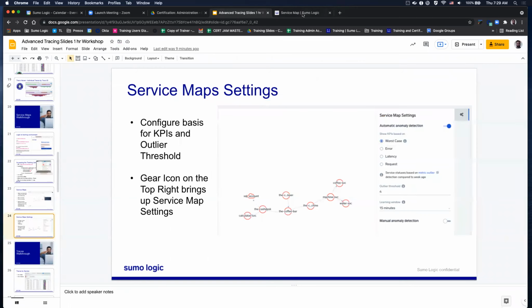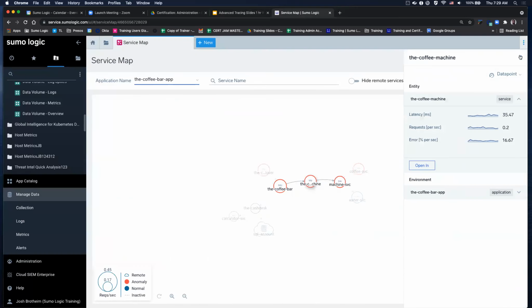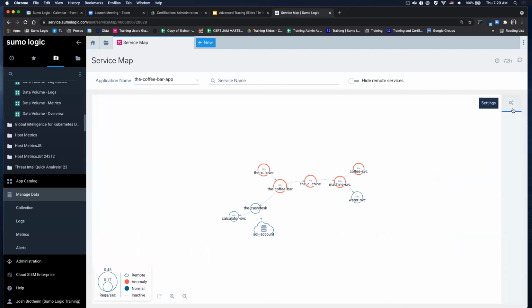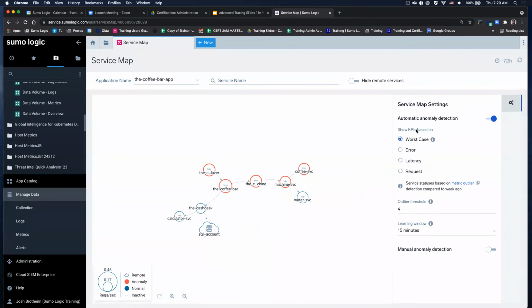Another portion of this service map settings that I want to point out is this gear icon on the top right that says settings. What this allows you to do is start to modify the anomaly detection. By default, the system is determining if something is an anomaly using outliers and other math. Math is not the proper technical term, but it's using math to determine it. What you can do is modify that